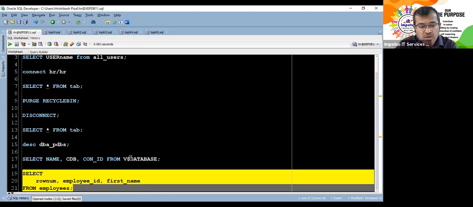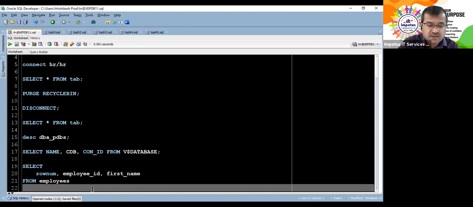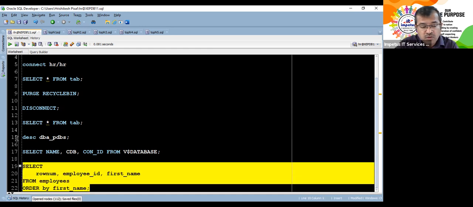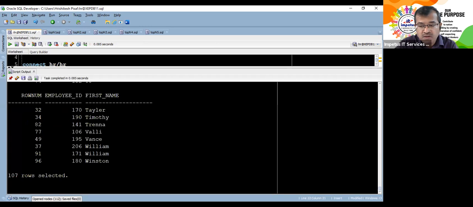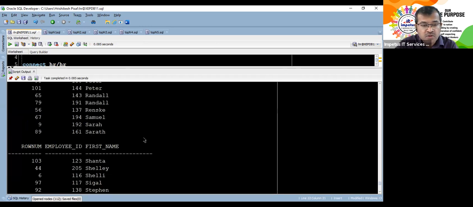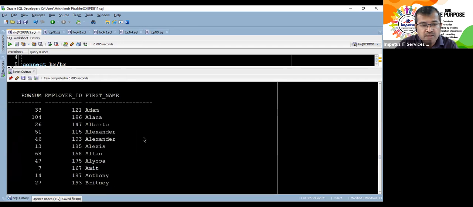Had I ordered the rows, will the behavior change? So if I say order by first name, will the row number also get updated? So is it a part of the database or is it part of something that is displayed? Now if you look at this, I have ordered the employees by their first name and the row numbers are different. That means these row numbers are helping us to identify the position of the row in the table. It is not about what is being displayed, it is about the position of the row in the table.